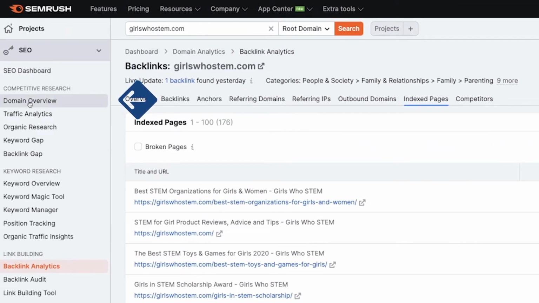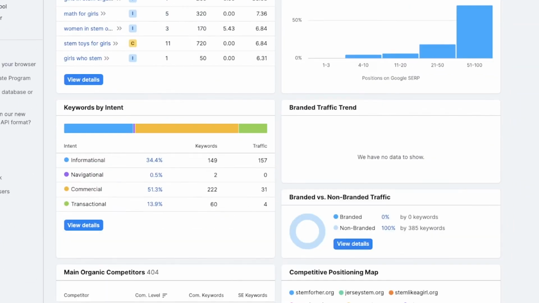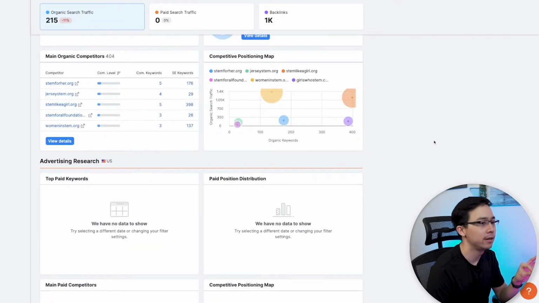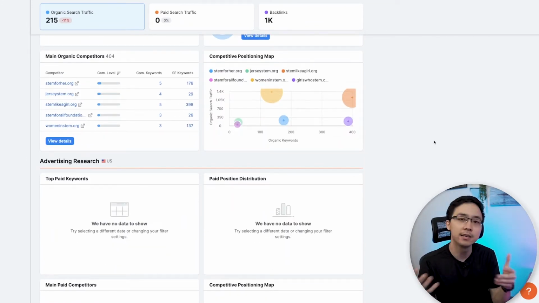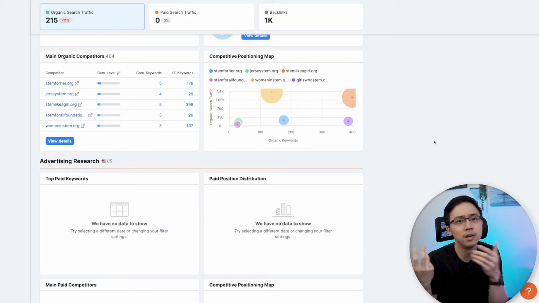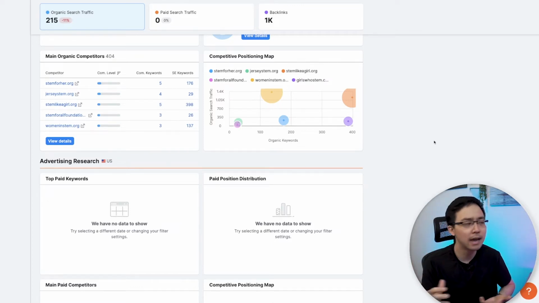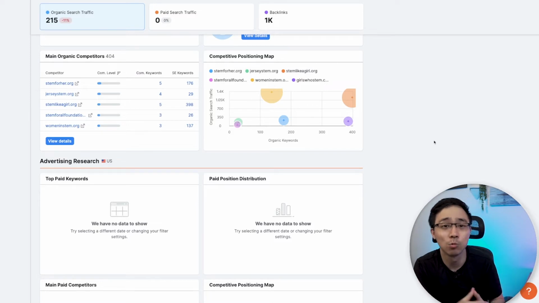and then you're going to go into your domain and look at who your nearest search competitors are. Now, something you need to remember here is that your search competitors aren't necessarily your direct competitors in the case where you're running a full-on business that might be like a product business or a B2B SaaS business and things like that. But it will give you an understanding of what other websites are trying to rank for the same keywords as you.